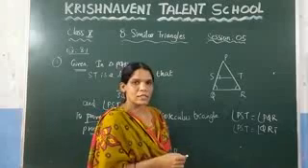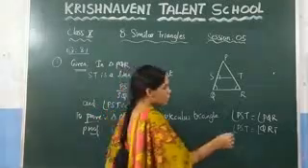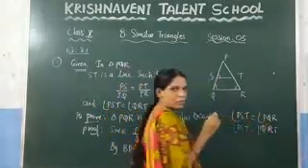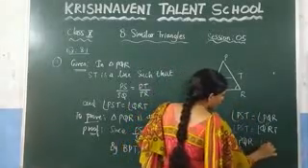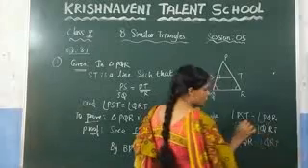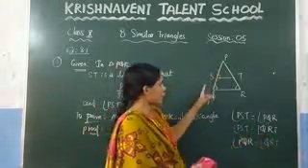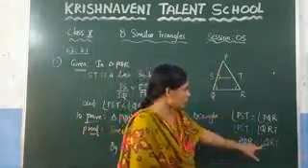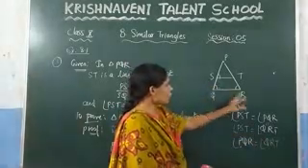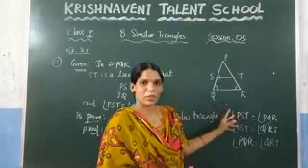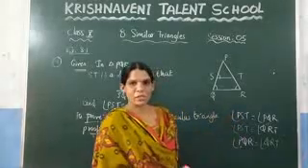So since the LHS are equal, you can equate the RHS. So you will get these two angles are equal. What are those angles? Which is nothing but angle PQR is equal to angle QRT. That means in this triangle, angle Q is equal to angle R. So in this triangle, if you consider, two angles are equal. So what can we say about this triangle? It is nothing but an isosceles triangle.